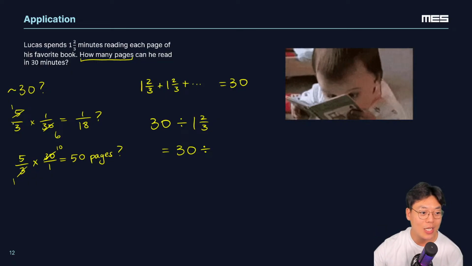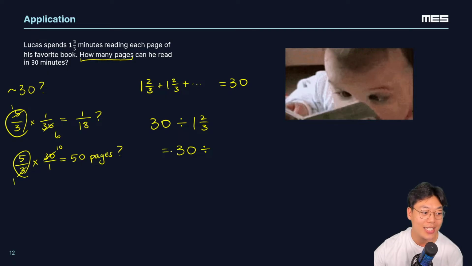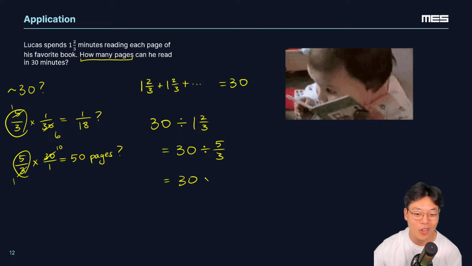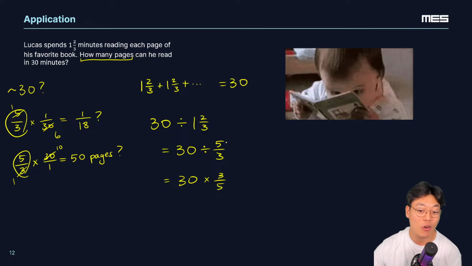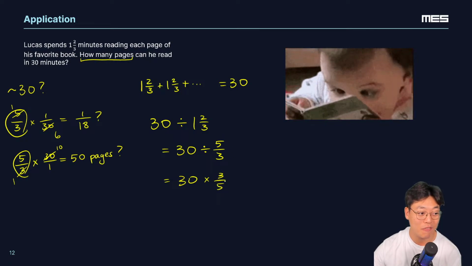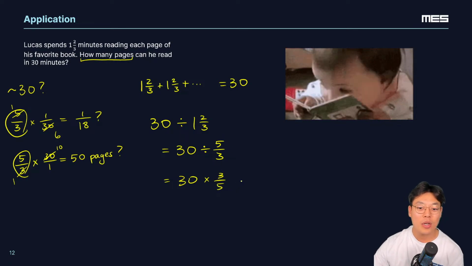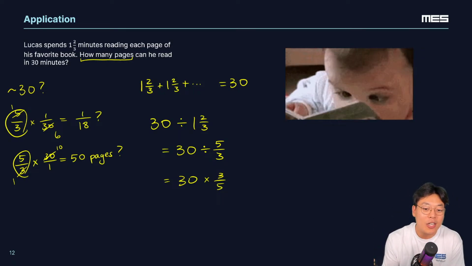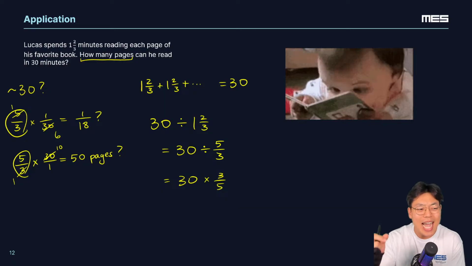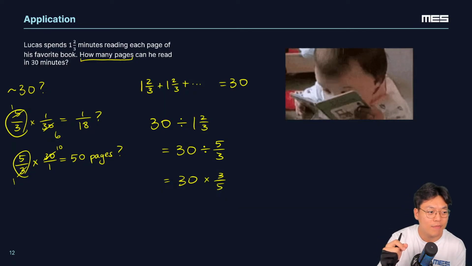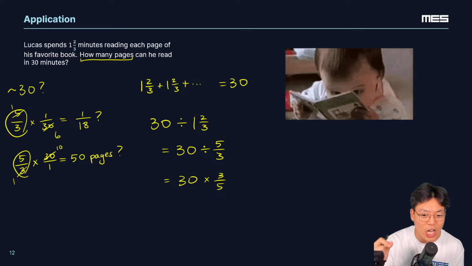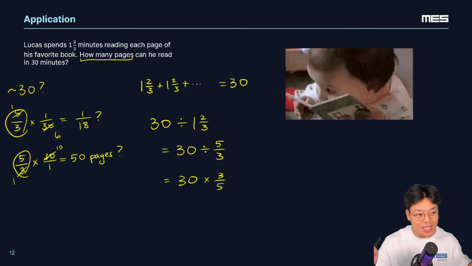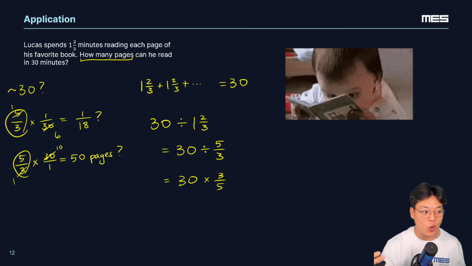1 and 2/3, as we found earlier, can be rewritten as 5/3. And I see, Chloe, you're ahead of the game now. We have 30 times the flipped version of 5/3, which is 3/5. Now, I want to multiply across the numerator and across the denominator, but I don't see a denominator for 30. Everyone, what's actually under the 30 that we just don't write because it's kind of invisible? Because 30 is a whole number.